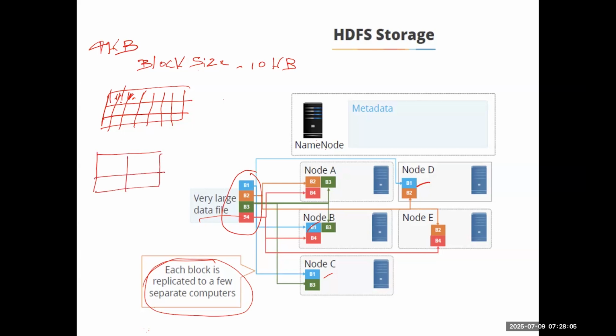So let us consider this is your storage, and each block is of 4 KB size. When you store the 10 KB file, you will take this full block, 4 plus 4, 8. Now you are left with 2, and then you will take 2 from this block. Similarly, in HDFS, the default block size is 128 MB.